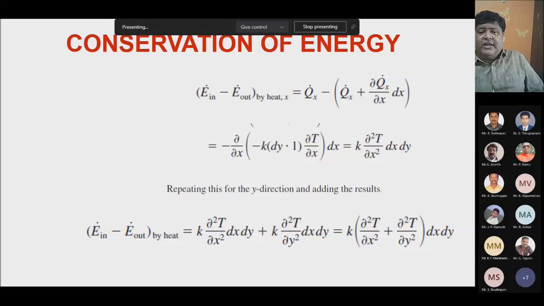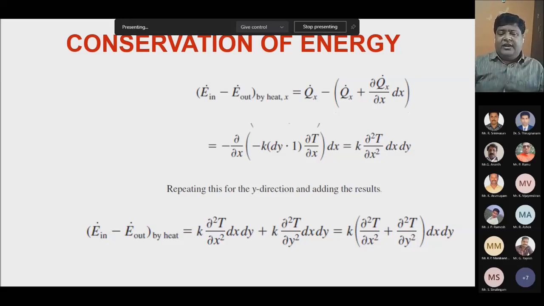So we have found out, in the energy conservation equation, we started with energy entering a system minus energy leaving the system should be equal to some energy stored. But in our case, we say energy stored is 0, and energy entered minus energy leaving is equal to 0. Energy can enter in the form of mass, heat, or work. If it's entering in the form of heat within the control volume, we use the conduction equation. Energy will enter the left phase, then leave the right phase. Then use the Fourier law there and simplify it.